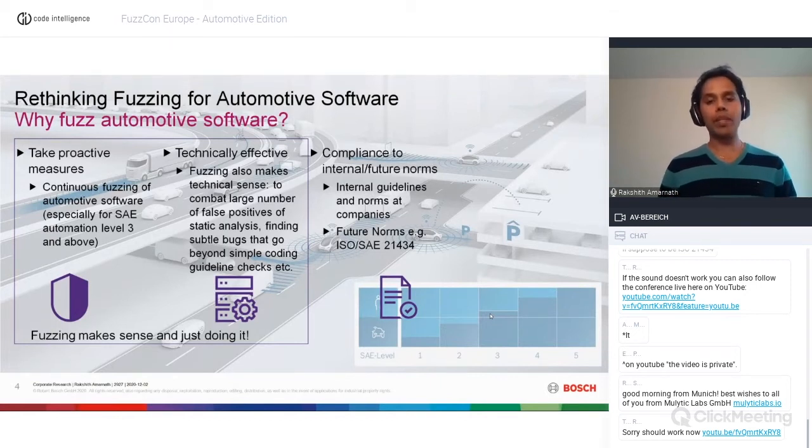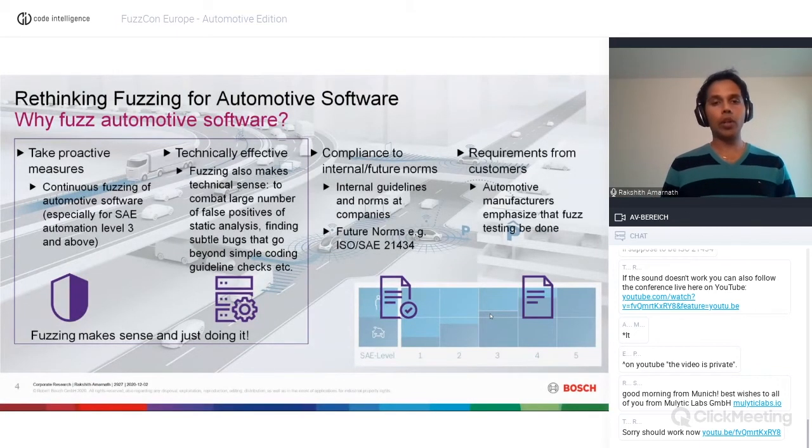A notable example here is from the Microsoft industry, where they, as a part of secure development lifecycle, already emphasize that fuzz testing could be one of the techniques that can be used in complement with other static analysis and things like this. And if we come into the automotive domain, there are future norms in the shaping now, such as ISO SAE 21434, which also highly recommend techniques like fuzz testing to be more or less used. So that would be one extrinsic motivation.